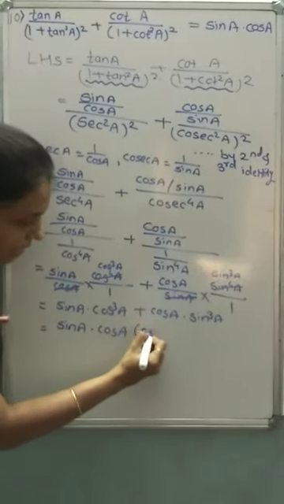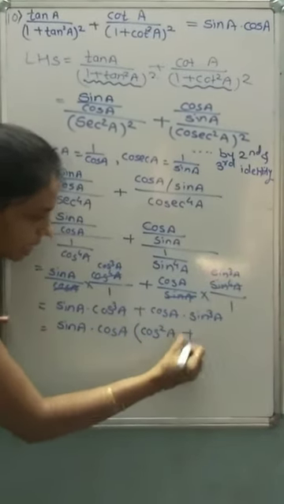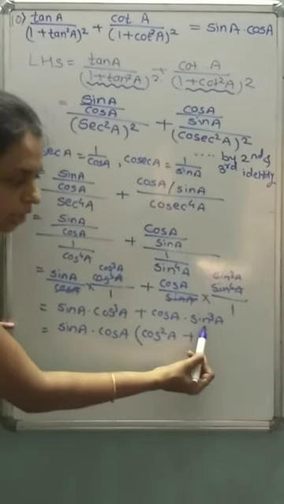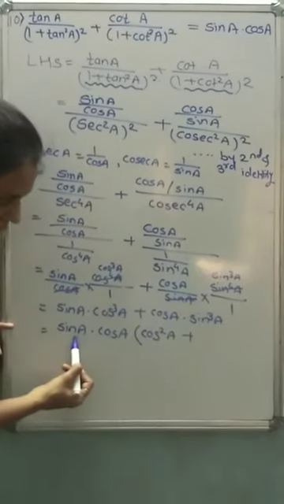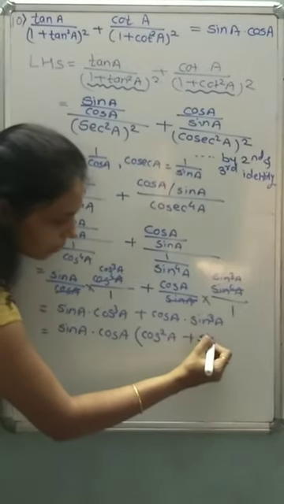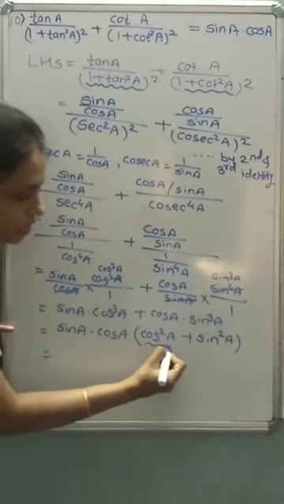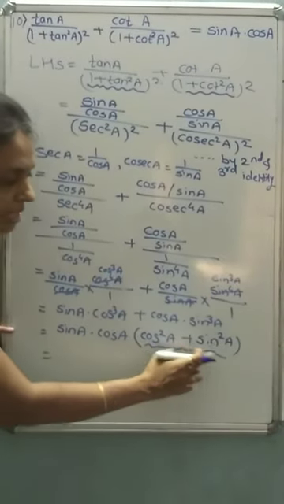So what is remaining inside? Cos square a. Similarly, in the second term, cos a is already outside. From this sin cube a, 1 sin is outside, so only 2 sines are remaining inside. So sin square a. Now we know by the first identity, cos square a plus sin square a is equal